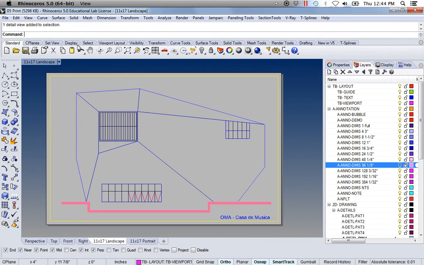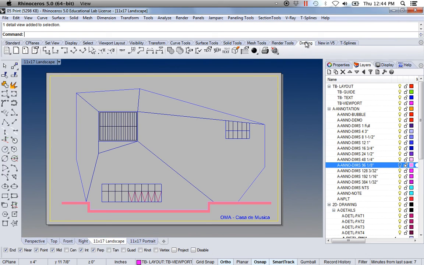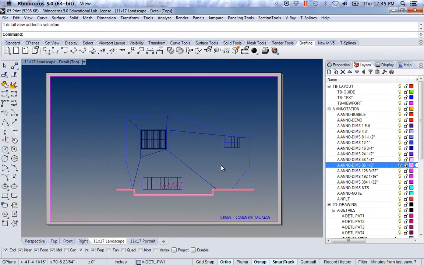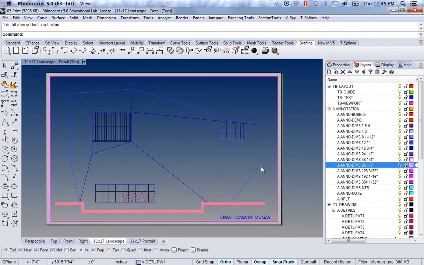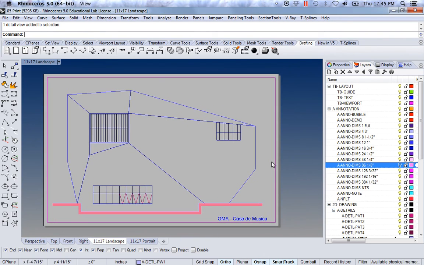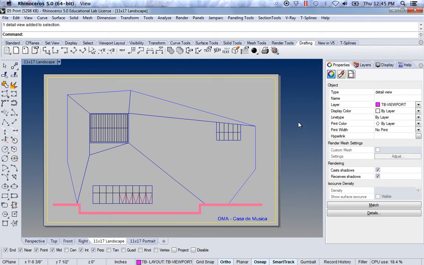Let's see, yeah, if you go back here to drafting, you can make a page that has a new layout with new details. And it's this detail that allows us to look inside your model space. It's the detail that will also allow us to change the scale